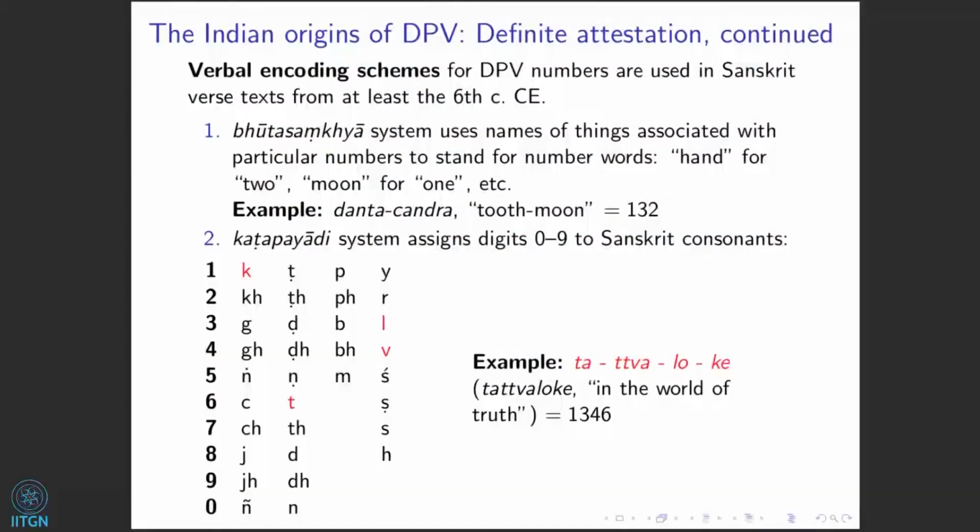Now, the consonants that I've marked in red here are the ones that occur in this example I've given, tatwa loke, which is something that appears in an inscription in the late first millennium. So how we would interpret that numerically is by looking at the consonant of the first syllable, ta, which represents, or it is